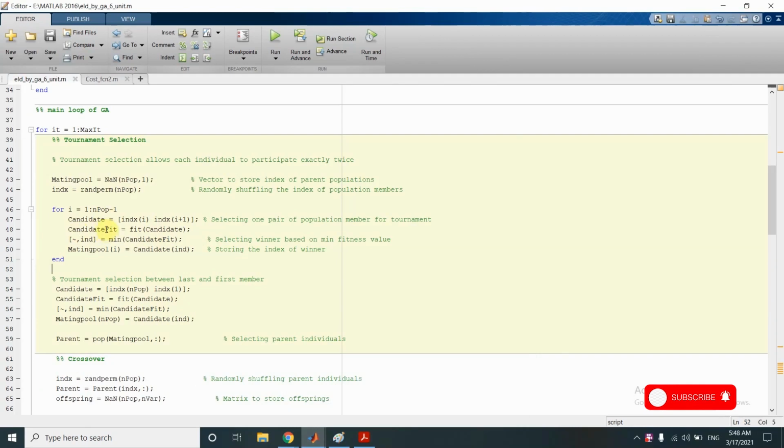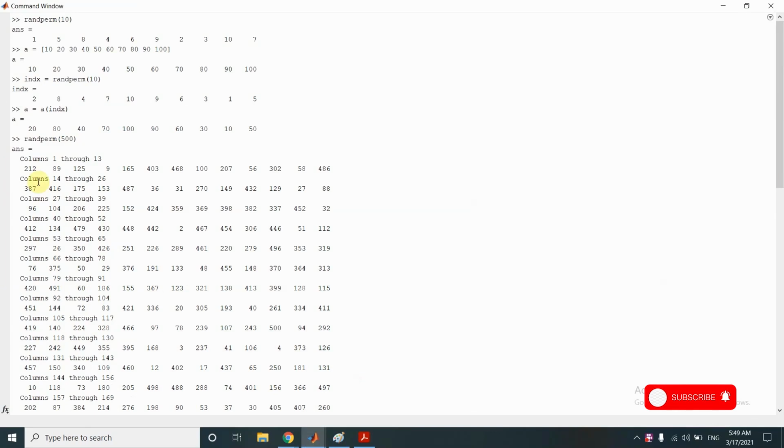Then candidate fit. In this, we are actually taking the fitness of the individuals represented by these two indices. So if we consider this particular scenario, we are taking the fitness of the 212th and 89th individual.